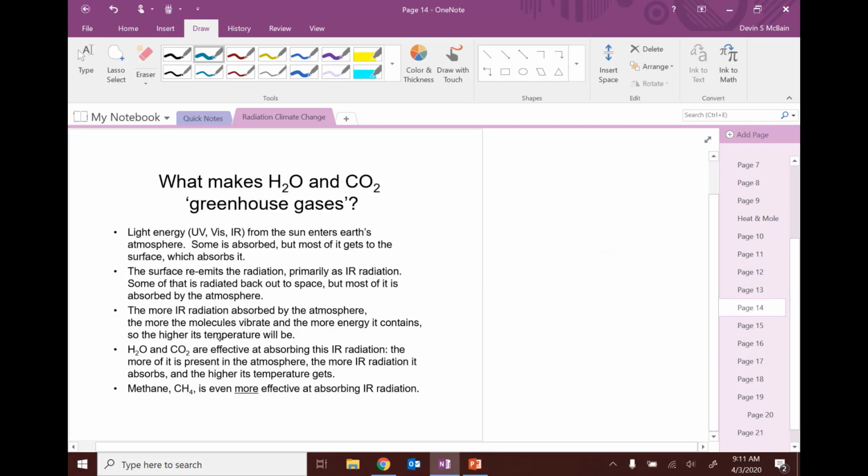So here's another summary of what I just said on page 13. I know that I tend to do this, okay? So light energy comes into the atmosphere, and even if it passes through the atmosphere, it gets absorbed by the surface, but then re-emitted as IR light back into the atmosphere, okay? And so then if there is more IR radiation that gets absorbed by the molecules in the atmosphere, then of course the molecules are going to all vibrate more. And then that's going to increase its temperature